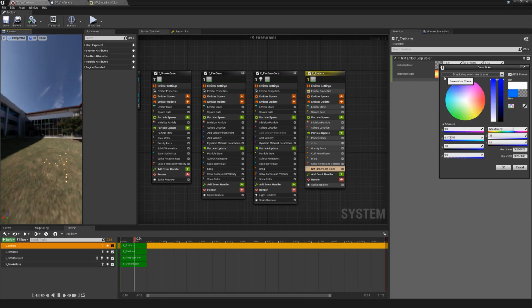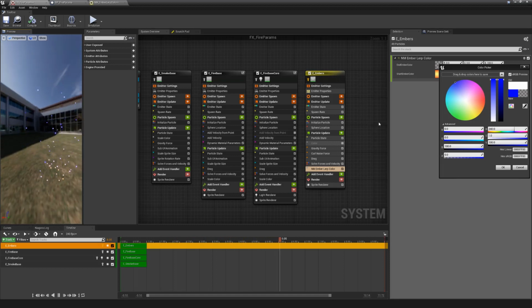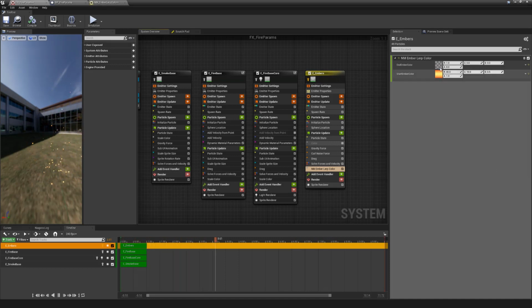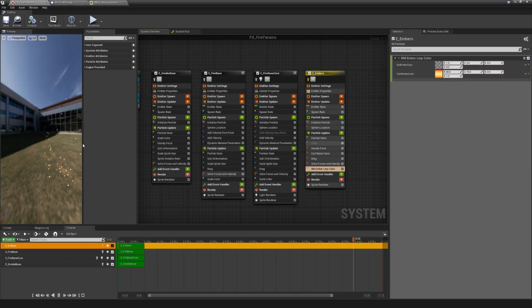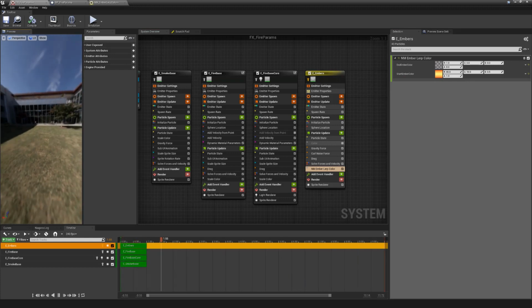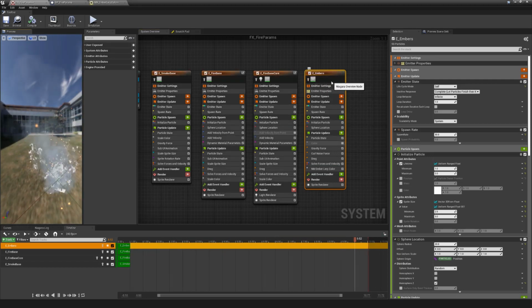If I want to make this really obvious, I'll make it something like, I don't know, 0, 0, 100. You can see it's going to blue over the course of the lifetime. So let's make this 1, 0, and 0 again, so it's red. Hit OK. And as I said, alpha is at 0, so you're not really going to see anything there. So that's cool. Now we've got this range working. So if we unisolate it, you can see that it's in there. It doesn't really help much in this case, but